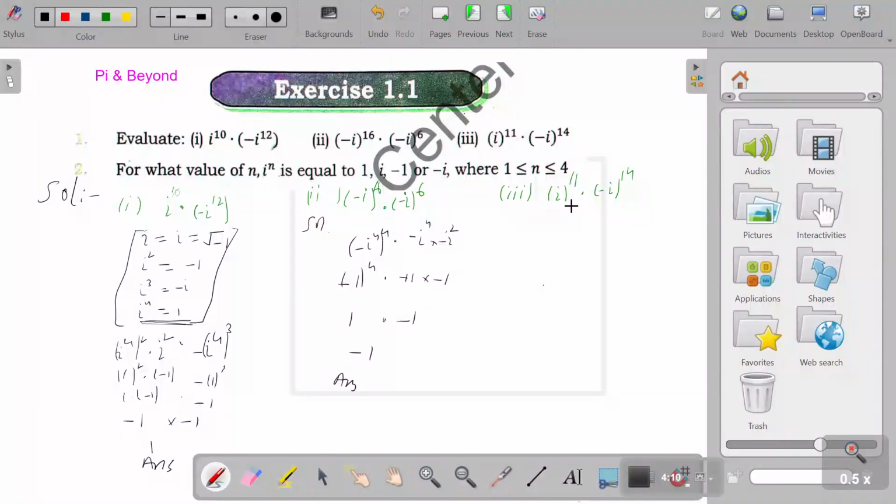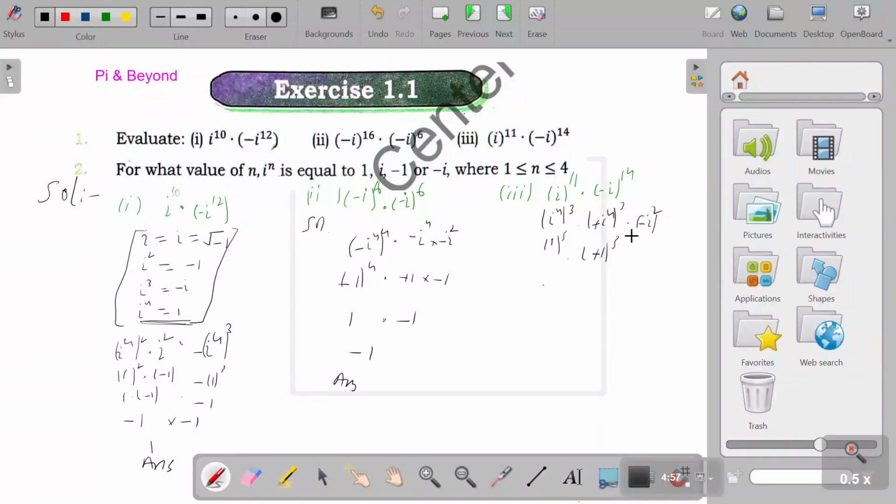Now see the solution of the third part, iota to the power 11. So we have to break this in terms of iota power 4. So see, iota power 11, we can write iota 4 whole cube into minus iota square. See, 3 times 4 is 12, 12 plus 2 is 14. So iota 4, we know iota 4 is equals to 1. So this is equals to 1 cube, and minus iota power 4 is equals to 1. So you see the even power on the minus will become positive. So it is plus 1 whole cube, and